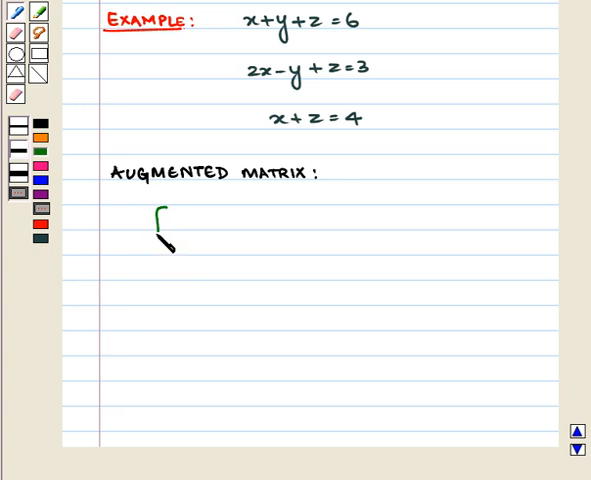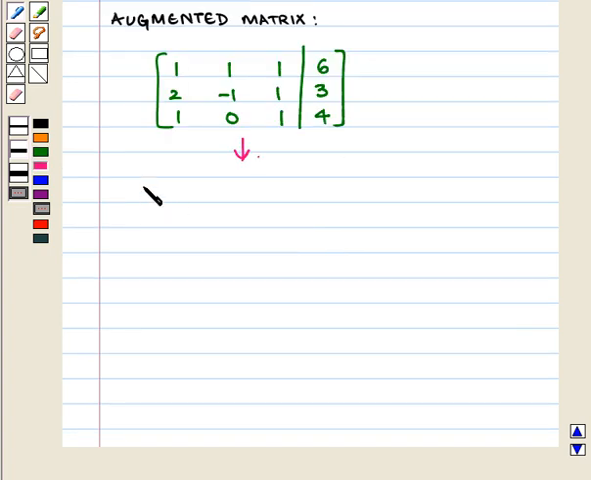That is, the matrix containing elements 1, 1, 1 and 6 in the first row, 2, minus 1, 1 and 3 in the second row, 1, 0, 1 and 4 in the third row. Now we reduce it to row echelon form